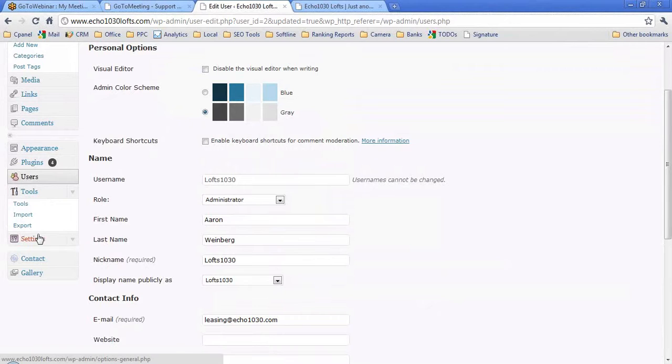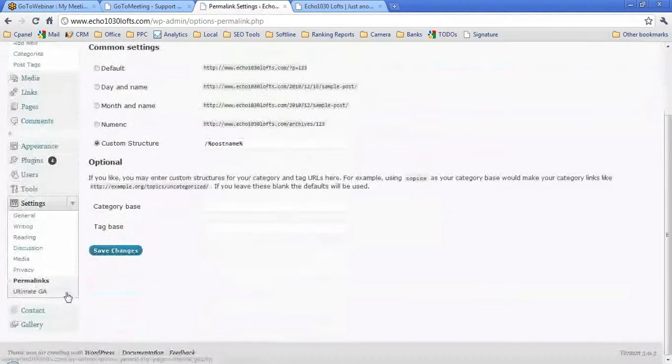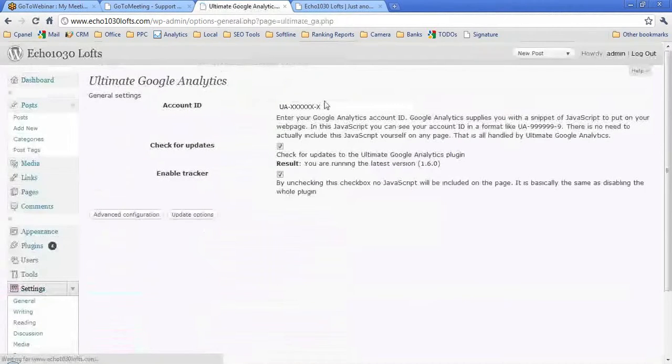Under Tools are some things that you won't ever have to deal with. Settings are in the same boat. This is things that you won't really have to use unless we install a plugin like Ultimate Google Analytics. So I'll access this, and I'm going to plug in. I have to